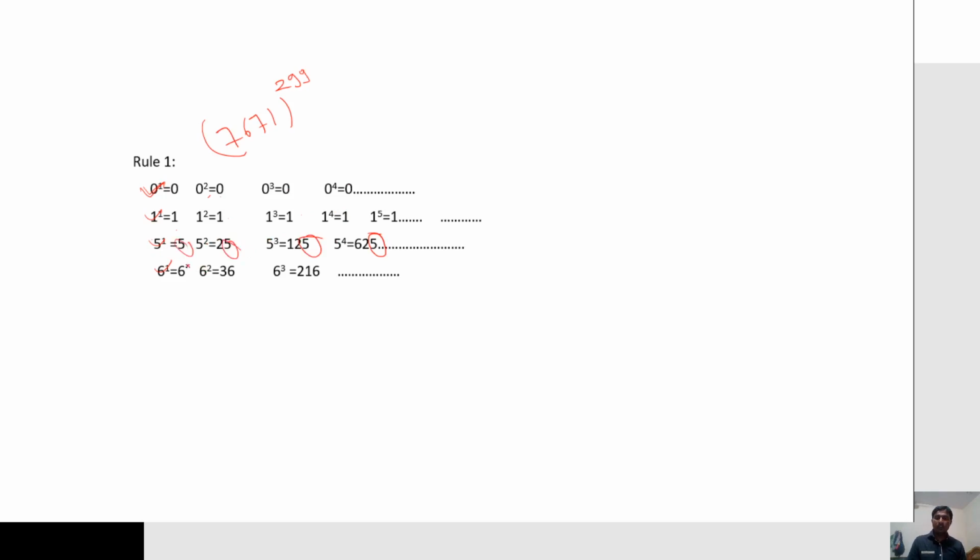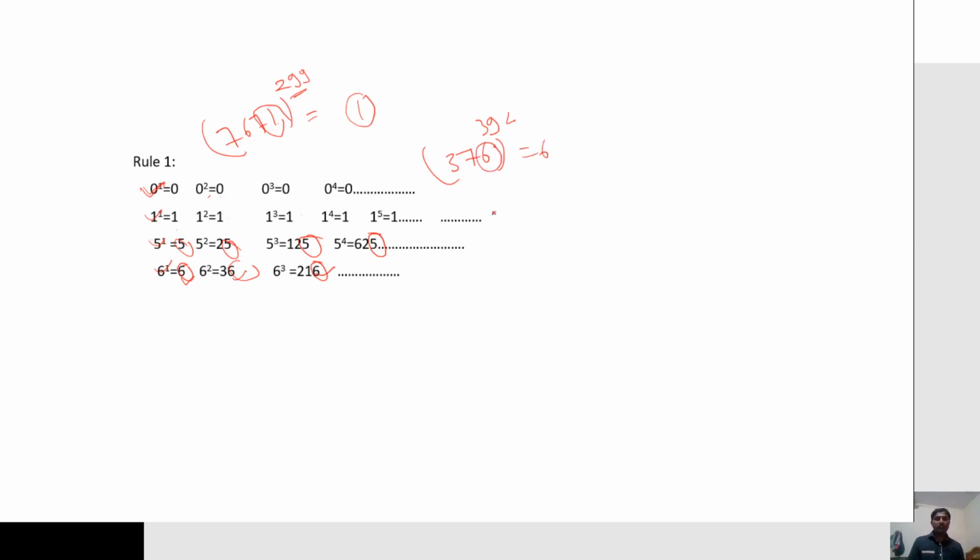You can see the unit digit is the same. 6 to the power 1 is 6, 6 to the power 2 is 36, 6 to the power 3 is 216. Here the unit digit is 6. We can say the unit place 0, 1, 5 and 6, no change in the unit digit. Here the unit place is 1 in 7671, the unit place 1 to the power 299, so we get unit digit 1. So simple. Next example, 76 to the power 390, we get unit digit 6, right?